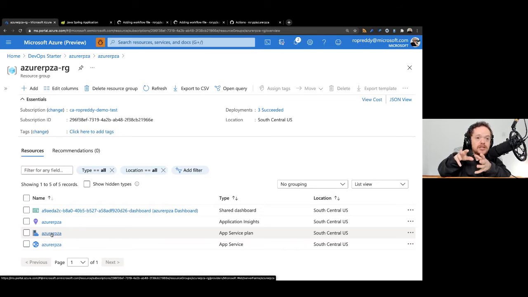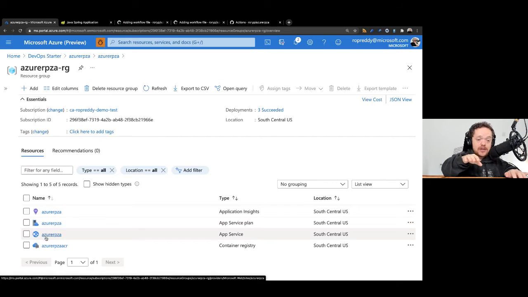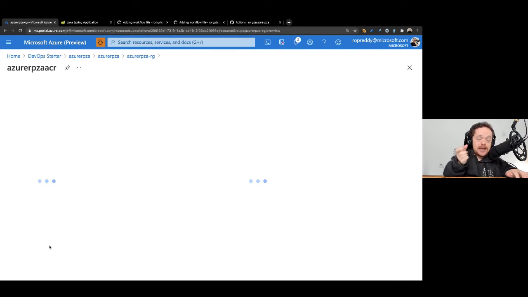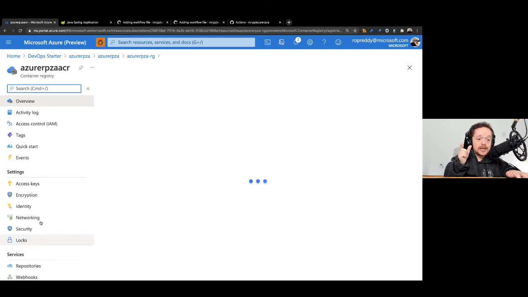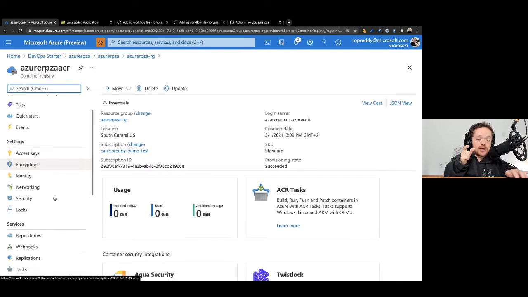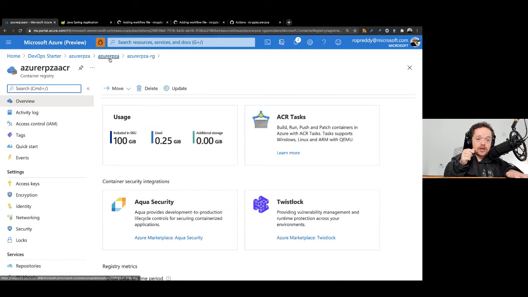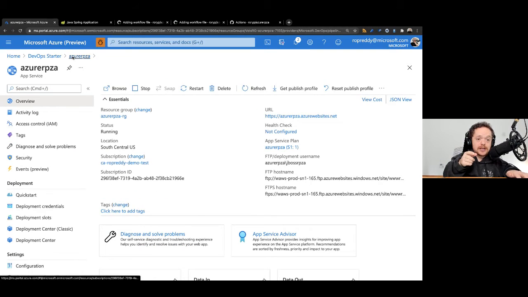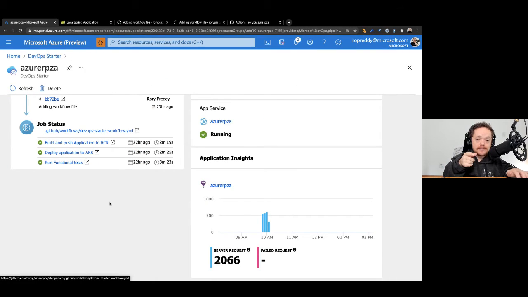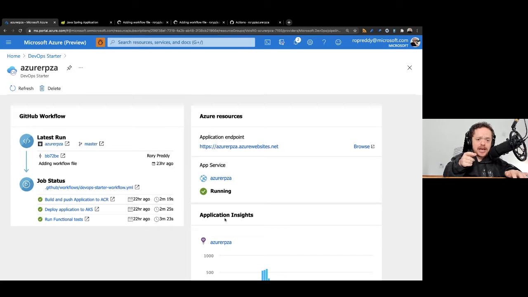And the novelty of Azure is that the app service plan, you can share it. So I can run multiple apps. If I need more capacity, then I get a better plan. Then I've got my actual app service. And the last thing, I've got my container registry. Now, my container registry, I can go into that, and that's the actual Docker file that we're going to look at and how that works. You can see here, I've got my repositories, and I can go in there and interrogate the container registry. So those are all the resources that were created with that DevOps starter here, including the application insights.